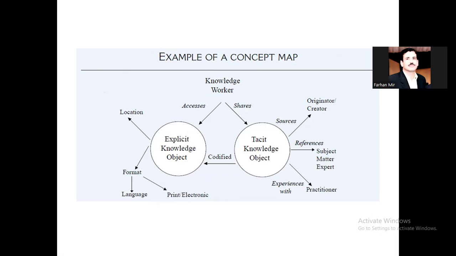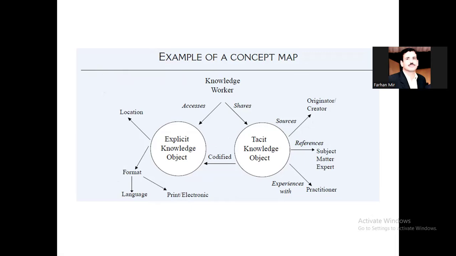This is an example of a concept map. We are developing and creating a sense about the two types of knowledge, explicit and tacit, that we have been actively involved with. A knowledge worker, therefore, is constantly looking at not only tacit knowledge but also explicit knowledge. Rather, he is able to transfer the tacit knowledge into explicit knowledge. So, if you look at tacit knowledge,